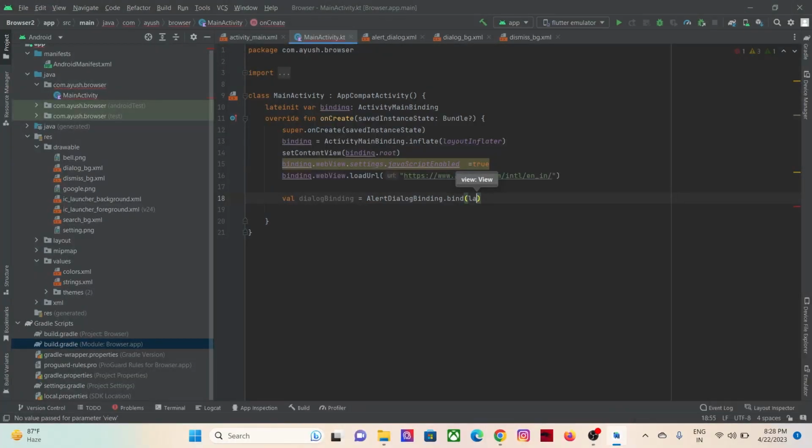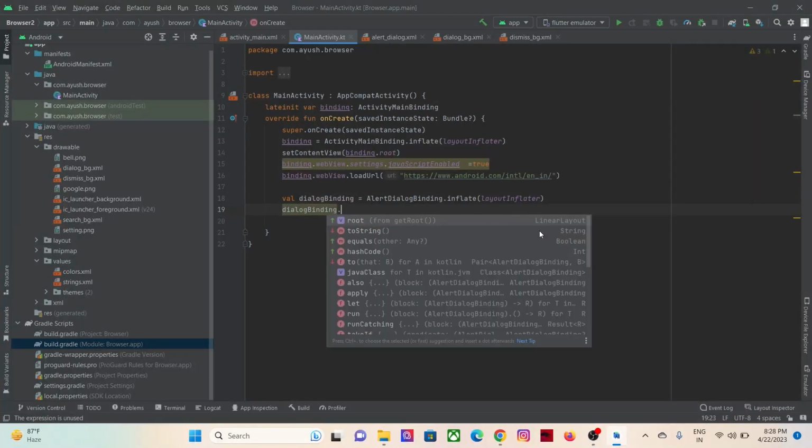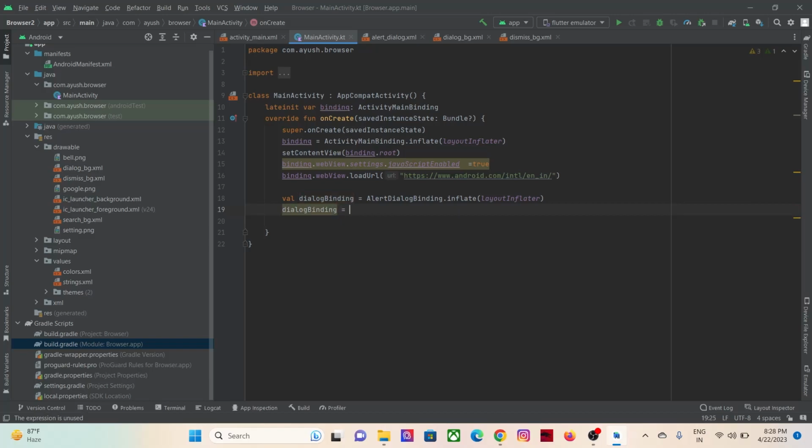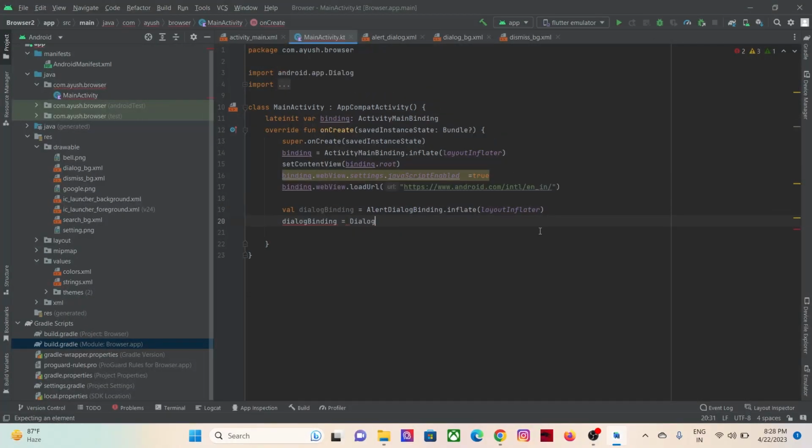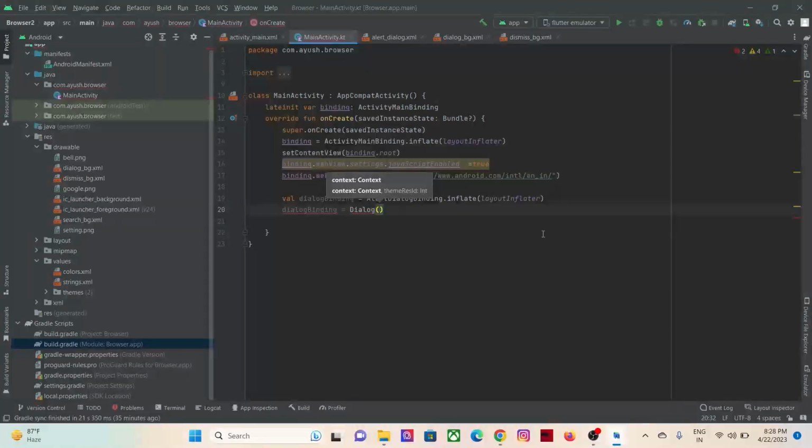layout inflater. I can see an error here. Sorry, not bind, that is inflate, that is layoutInflater. All right, and after that, dialogBinding equals AlertDialogBinding, and sorry for that,